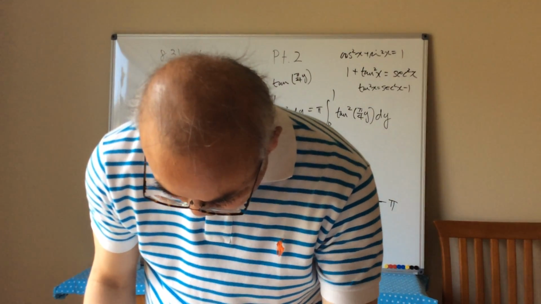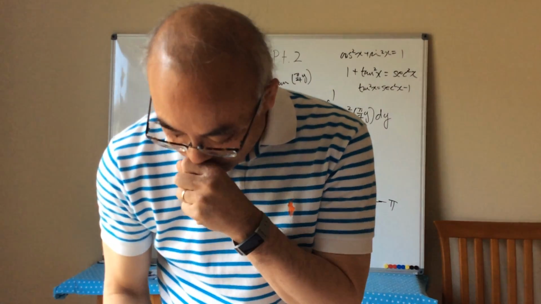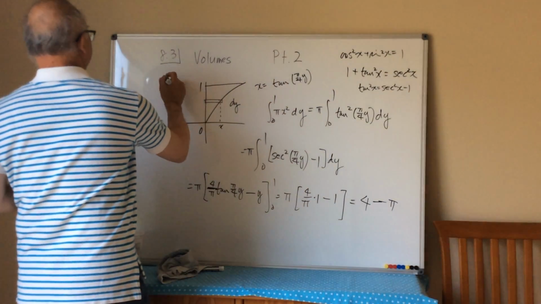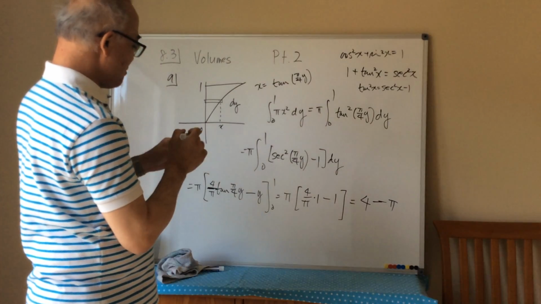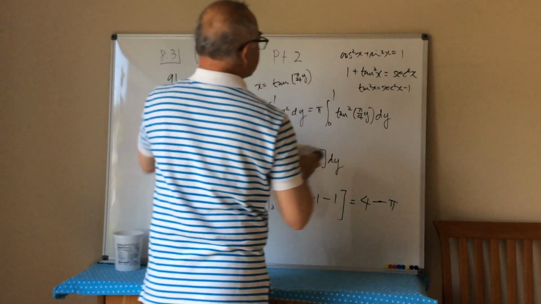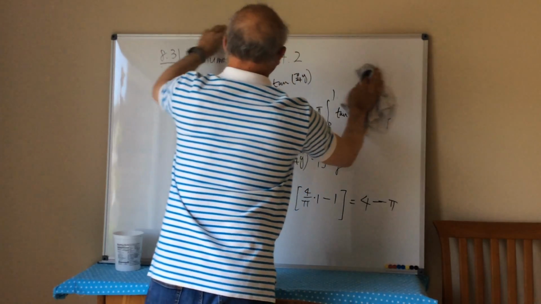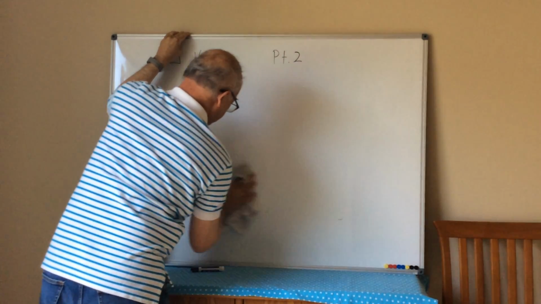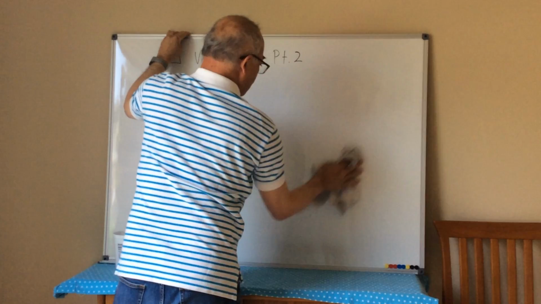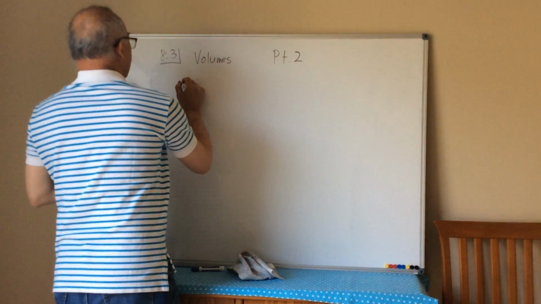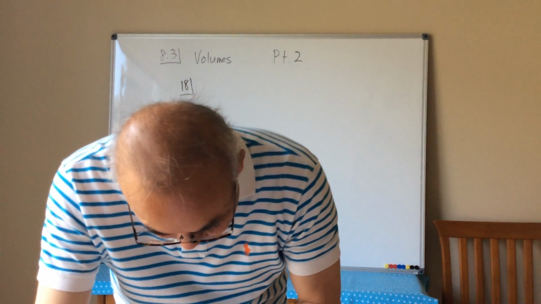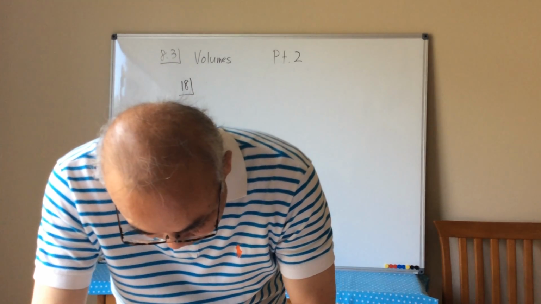So that was number 9, and let's do number 18. I'll do number 18 with you. So this was number 9, okay? Now we're going to do number 18. All right, let's do number 18. And number 18 says, find the volume of the solid generated by revolving the region bounded by the lines and